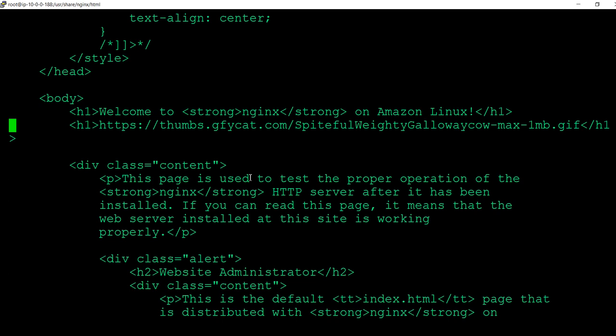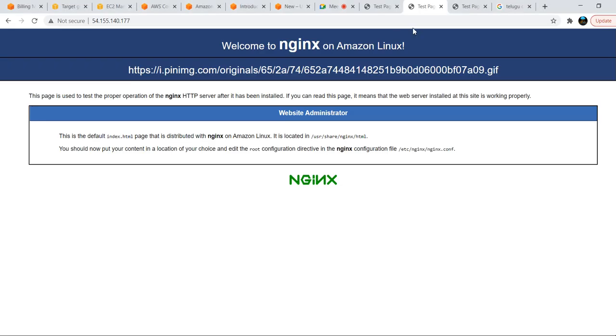Okay, image tag. Okay, image tag, right? I used an HTML tag.